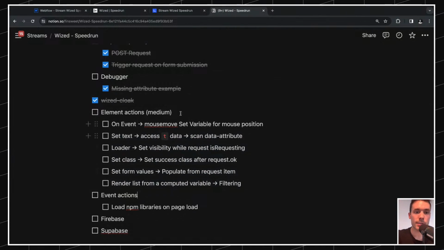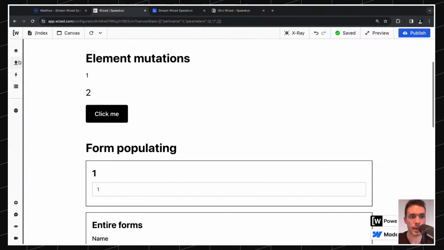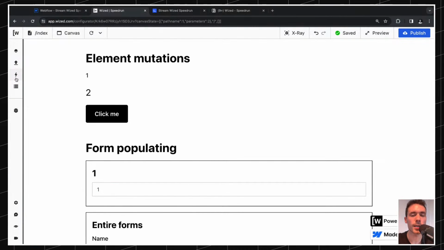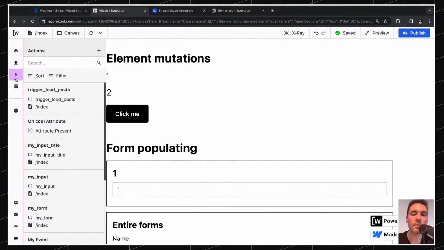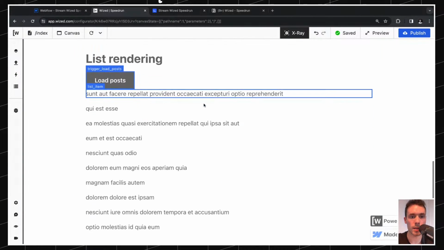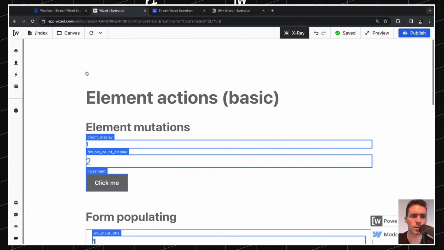Okay, great. So let's talk about some more element actions that we can implement, but they're a bit more advanced, so you can do more advanced things in Wized. First of all, one thing that we have not talked about is that when you implement actions, you can really implement any kind of event. So let me explain. Here in X-ray, let's select, I don't know, let's use the form, or no,